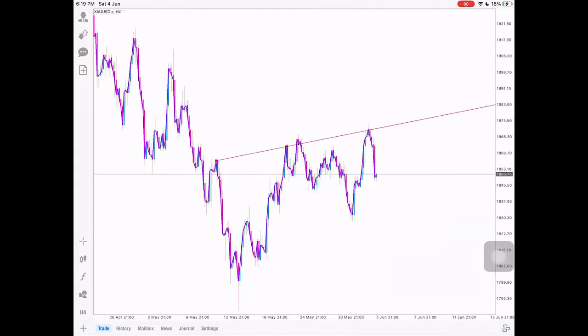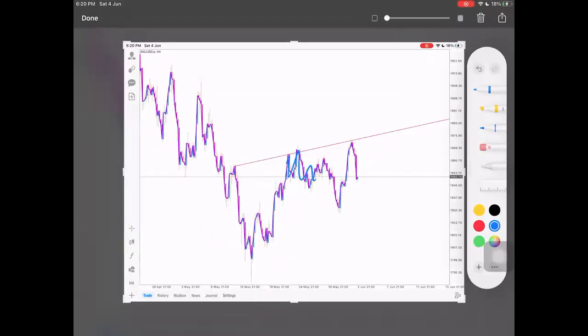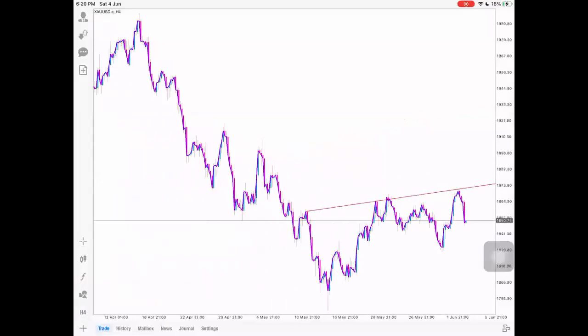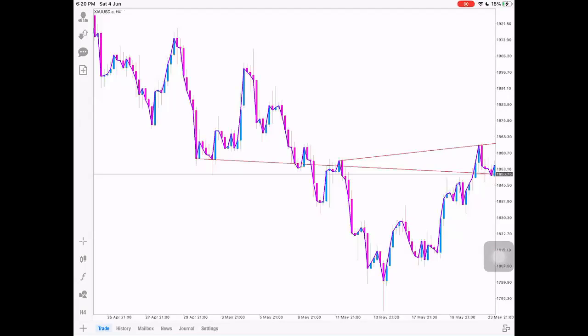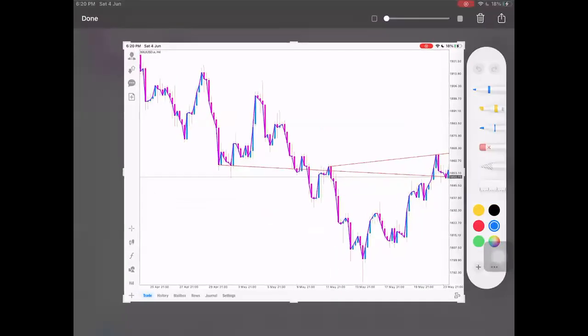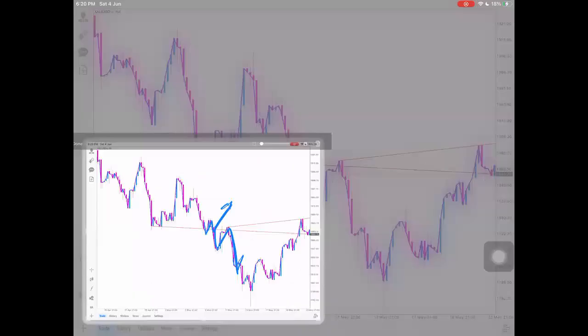Let's have a little fun. Oh, it has retested the trend line. It has tested the trend line many times, hence making it very weak now. If it breaks out, it will return to the trend line and do this. I'm like, what the fuck, man? And then they use this as a trend line. Oh, it has broken out of the trend line. If it returns to the trend line, it must go up. And then it proceeds to go down. No, man, that's not how you use trend lines.